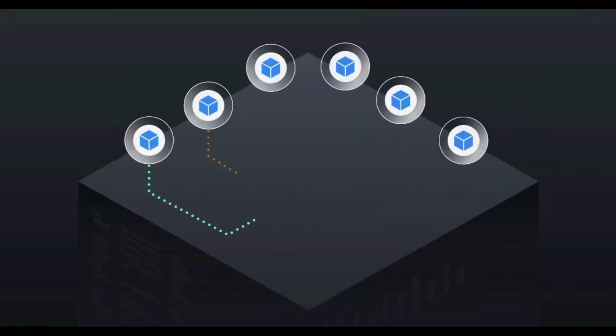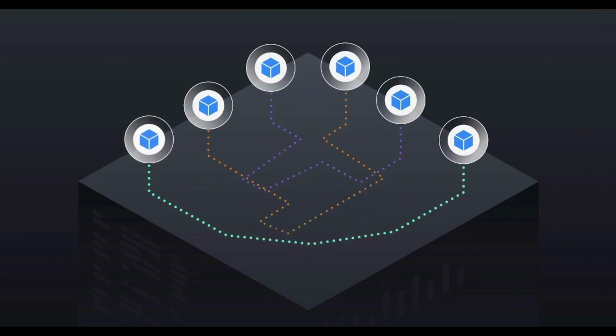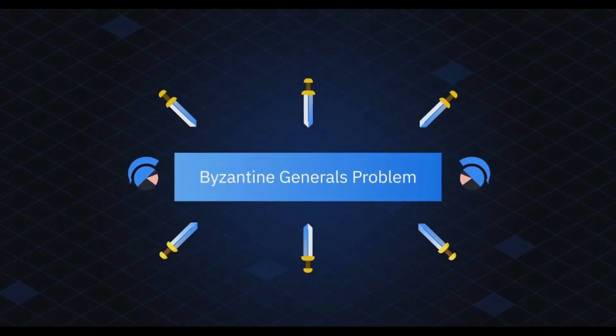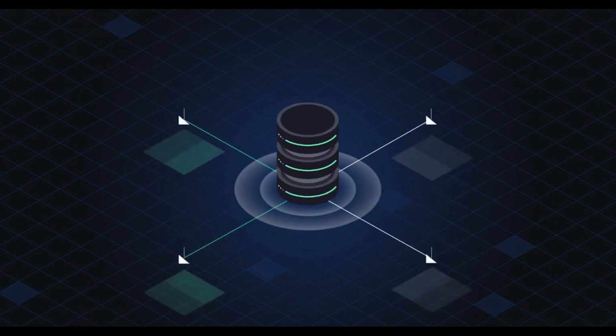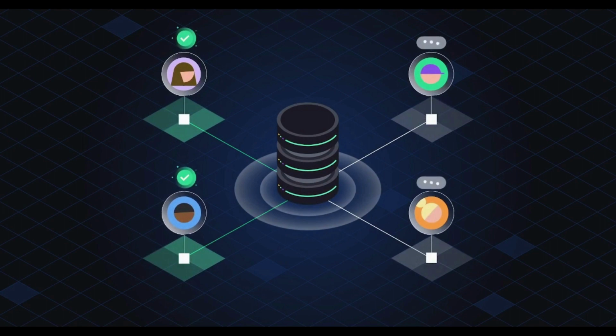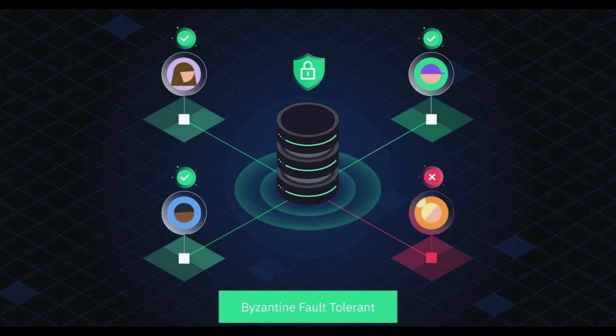Coordinating entities in a distributed system has been a long-standing problem in computing. Without a central coordinator calling the shots, how do you find a way to get everyone on the same page? This is the Byzantine generals' problem, in which, in order to avoid catastrophic failure of a system, the system's actors must communicate with each other and agree on a single truth. Some of these actors may be unreliable. This dilemma is very applicable in computer science. Systems that can overcome the problem are said to be Byzantine fault tolerant.